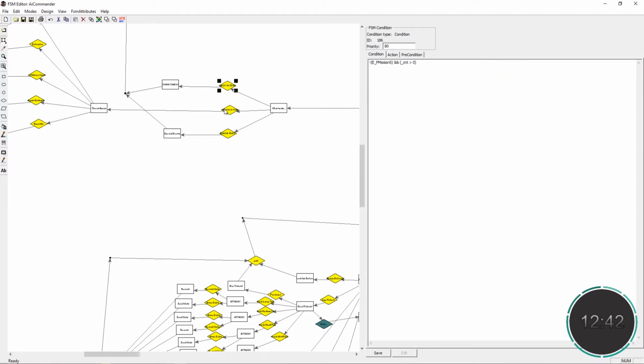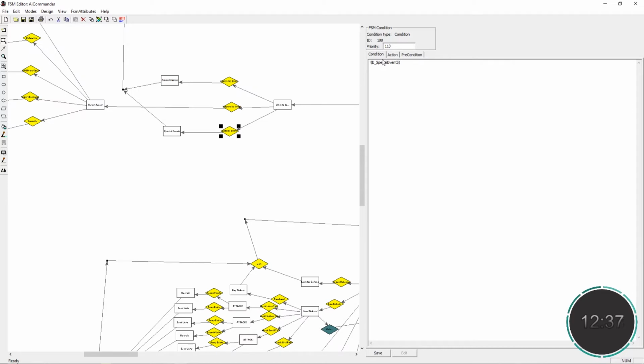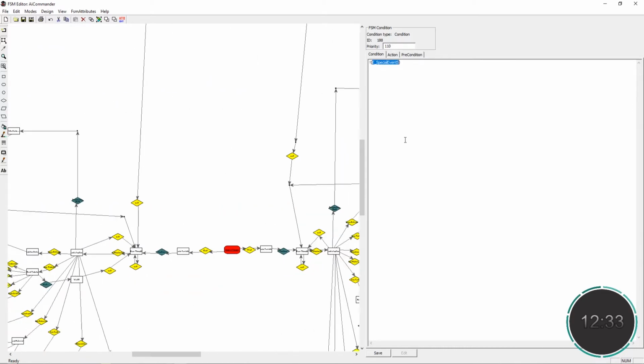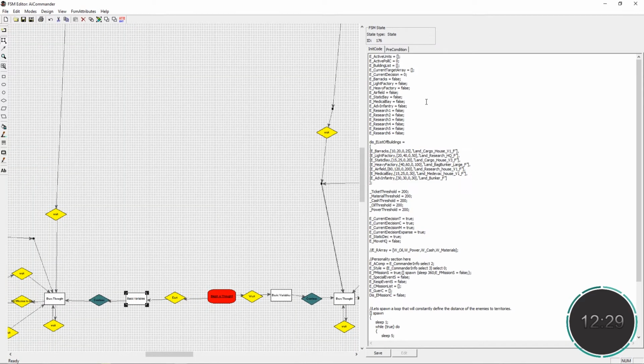I'm just kind of checking it out. Missions are okay. The special event missions are the ones I'm worried about. So this starts off false. If it's false, then it'll go ahead and launch. And if you look here, for E special event S, which I put,